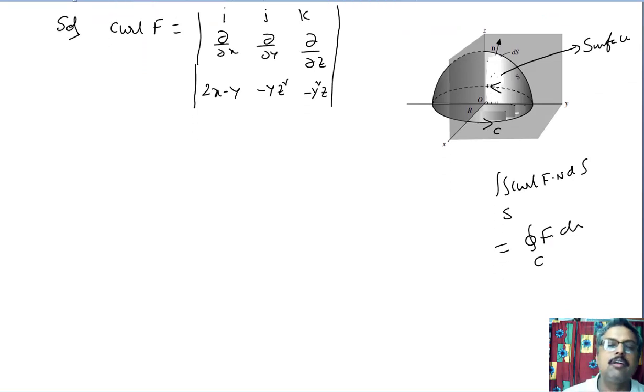Now find the determinant, which is nothing but the curl. i into dou by dou y of this term minus 2yz, dou by dou z of this term, minus plus 2yz, minus j into